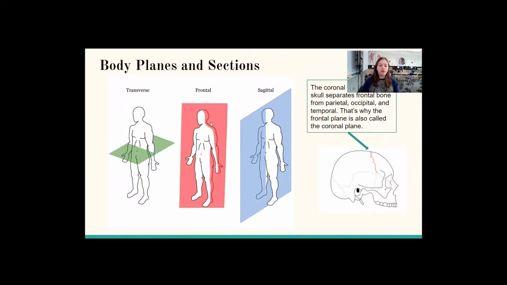And then we have our frontal, also called a coronal section, and it's going to make an anterior and posterior section. It's called this because during development, when your skull is distinct as a baby and there's a bunch of different bones, they eventually fuse together right here. There's multiple sutures, but this suture is called the coronal suture. And if you were to cut right down this, it would leave the face and the anterior part distinct from